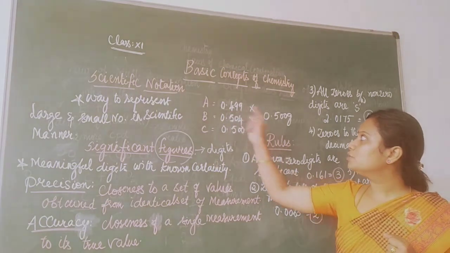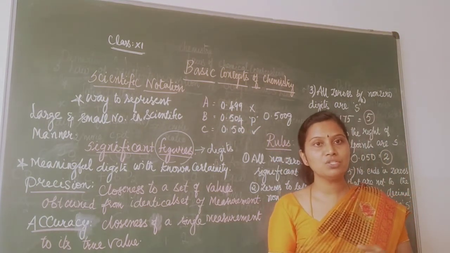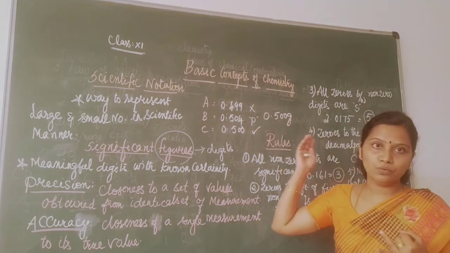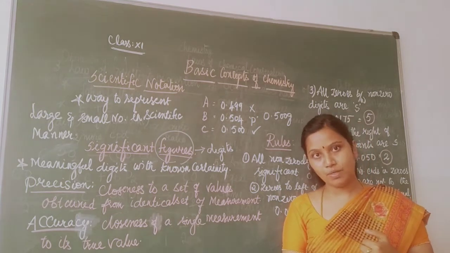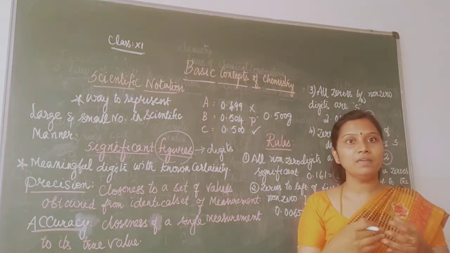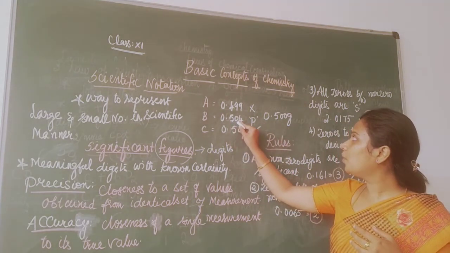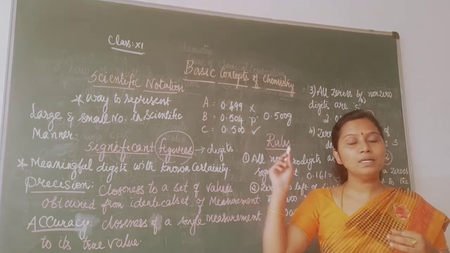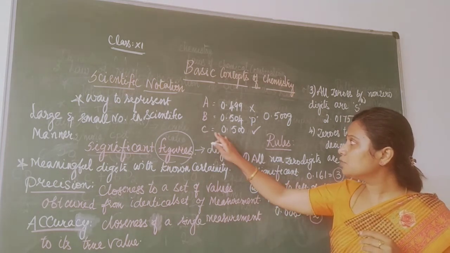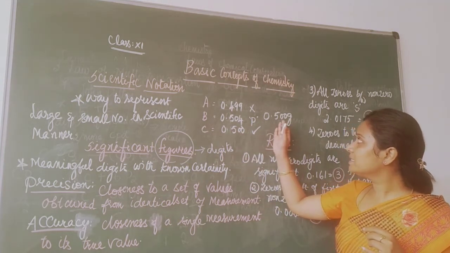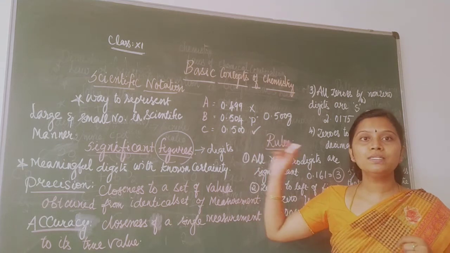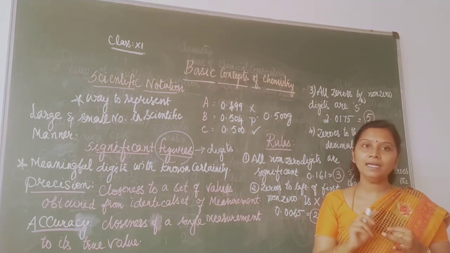Now I am going to say student A has done the experiment neither precisely nor accurately, because his result is not close to my value. So he is neither precise nor accurate. Now what happens to student B? He is almost close. His result has not deviated much. He has got the answer as 0.504. So I can say student B has performed the experiment precisely but not accurately. Now what happens to student C? He has exactly the same value as what I have got, 0.500. So student C has performed the experiment precisely and accurately.